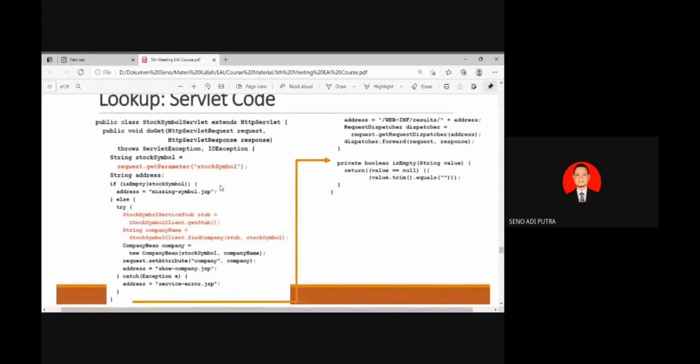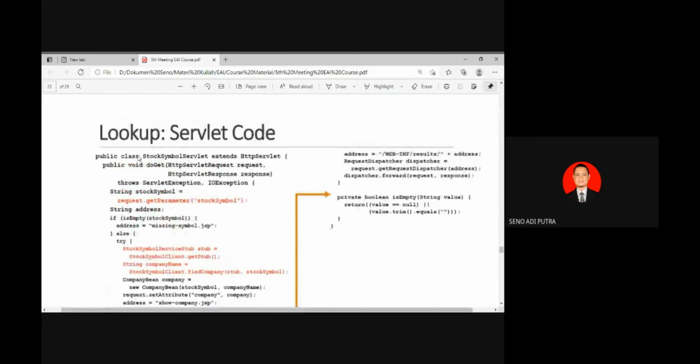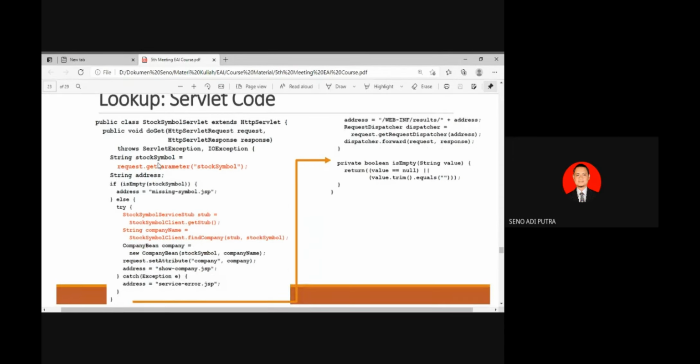Okay, this is the servlet code. You just write the servlet code like this: extend HttpServlet, and because you override the HttpServlet, you have to define doGet if the browser calls the GET method, or doPost if the browser calls the POST method.